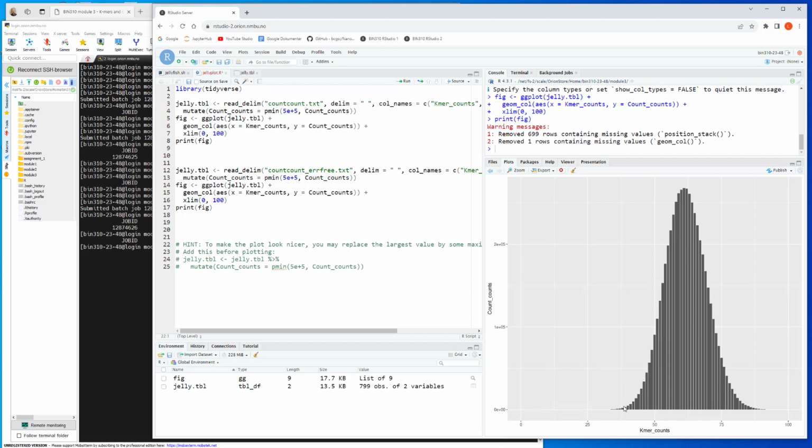All the k-mers from these reads are within this peak here, this group here, that appears around the k-mer coverage expected value. So this is how an error-free dataset looks, you could say, if you do k-mer counting. Okay,